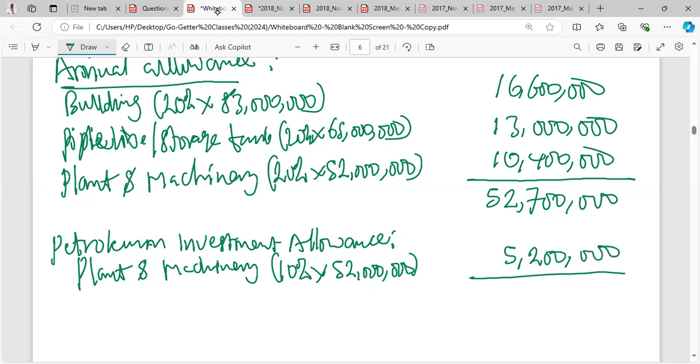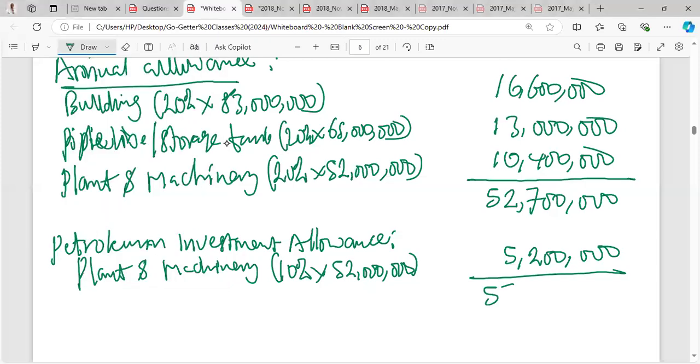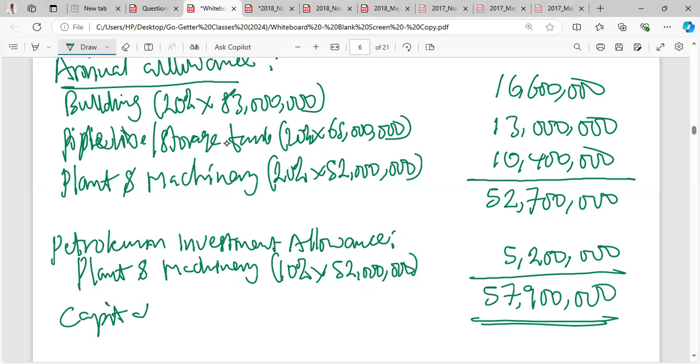Now, when you add all of these together, plus 5,200,000, that will give me 57,900,000. So this is your capital allowance. Then you will say restricted